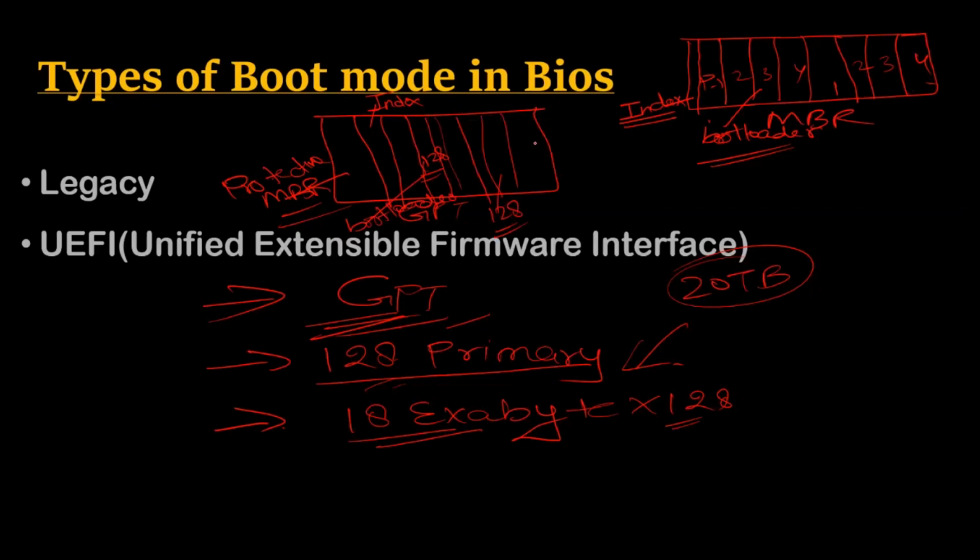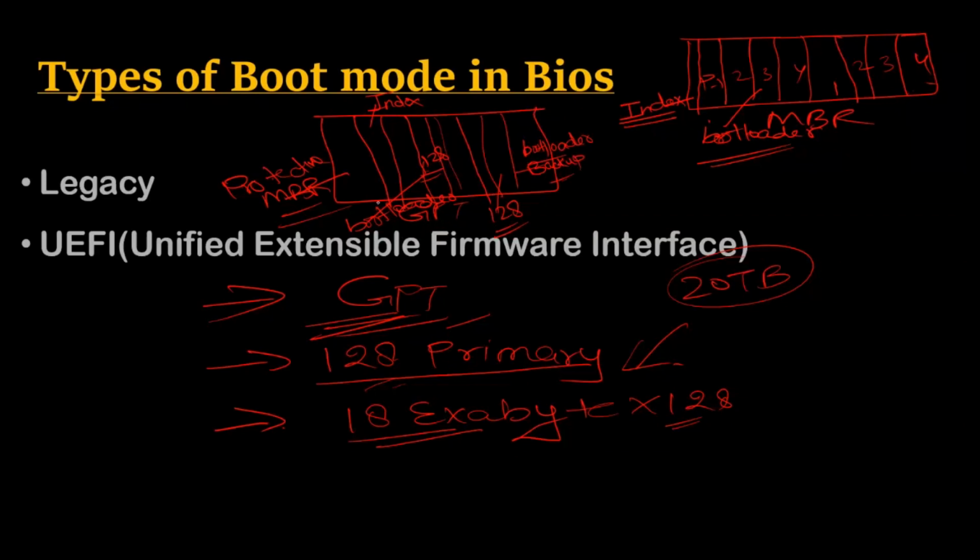After that, one more thing is there. In GPT, we have one more bootloader. That is the backup bootloader. And what is the advantage of this backup bootloader? If you are using this GPT partition scheme, and suppose your operating system is placed on this hard disk. Suppose my laptop has GPT, and I'm using Windows 10 Home. Suppose my bootloader gets corrupted in some way, by a virus or because I manually delete the booting file.